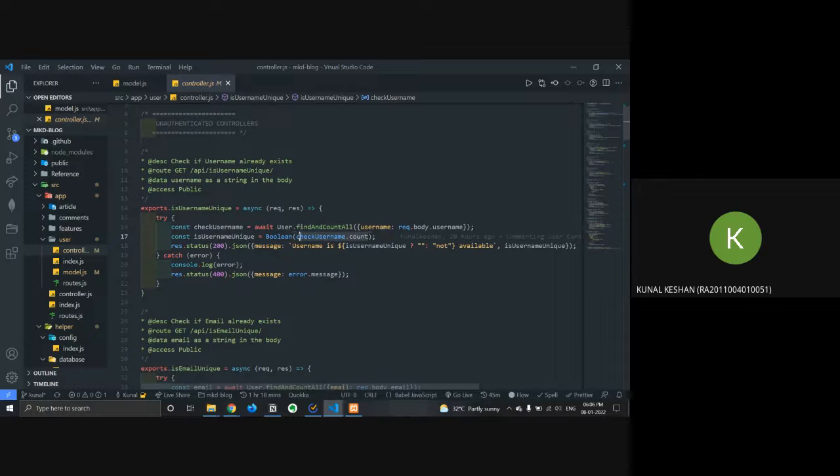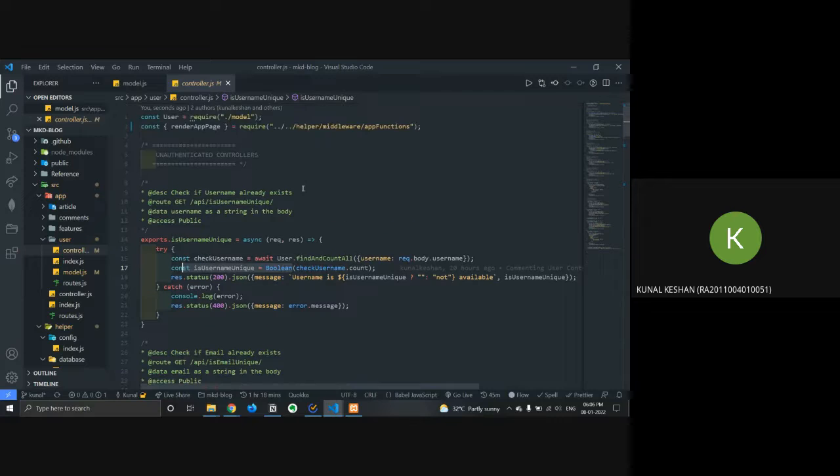It will give me a count. If there are no usernames that match what was passed, it will return zero. Zero, we know on boolean is false. If there is a username that matches, it will return one, and one, and any number higher than zero, is true. And then I'm just responding that back.